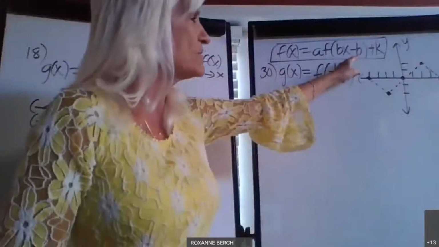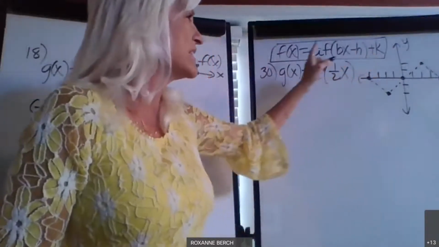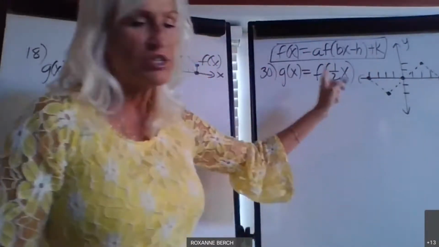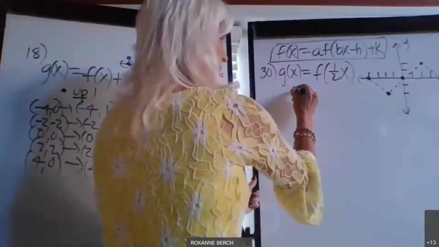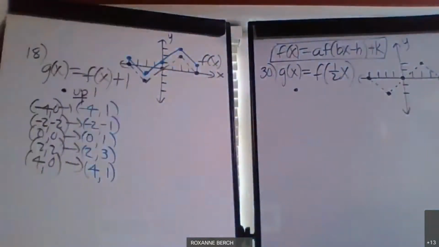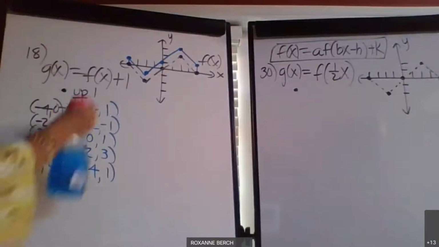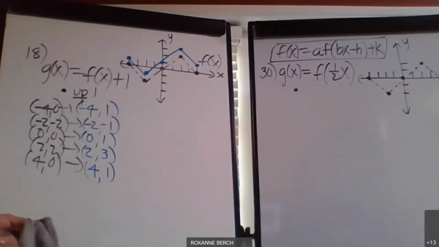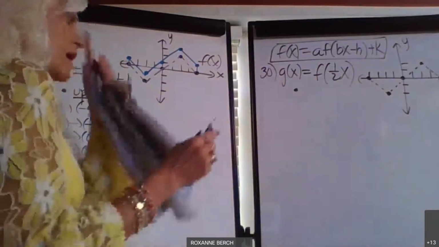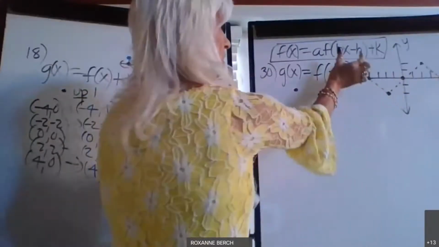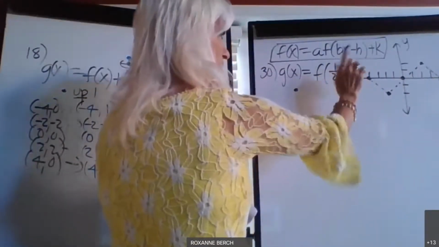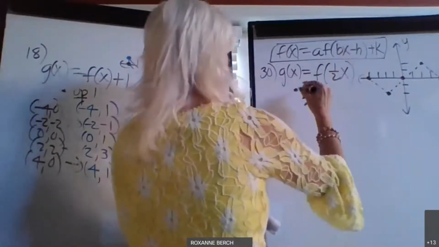We know that H is left and right. We know that K is up or down. Is this A, B, H? B. It's B. Okay, now what do we say about B? Isn't he the weird one that we have to flip? Yes. So what is this then? Remember that B and H, everything inside, is horizontal. A and K, outside, are vertical. H is left and right. B is horizontal. So B is a horizontal what?